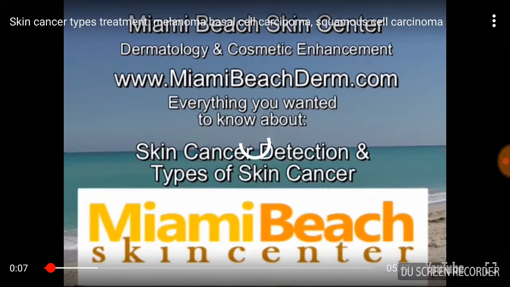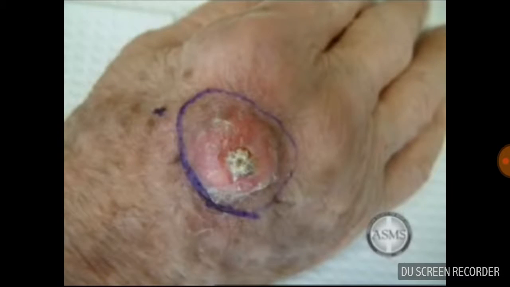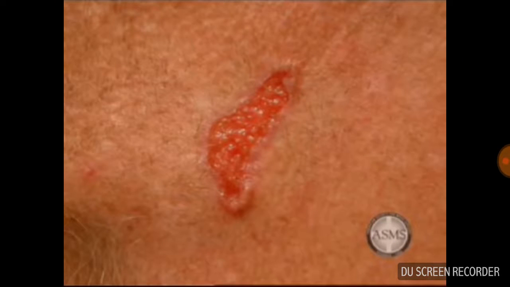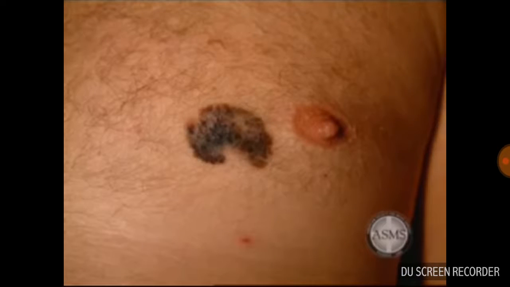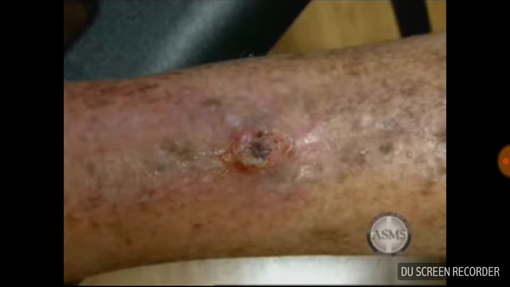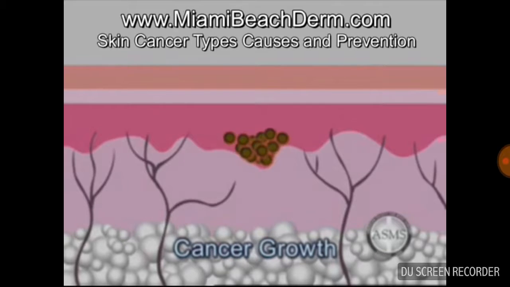Abnormal growth. Skin cancer, like cancer in other organs of the body, is the result of the uncontrolled abnormal growth of cells. The transformation of normal skin cells into skin cancer has a variety of causes, the most common being sun exposure, family history, and ethnicity. When the cells of the skin begin to grow in an uncontrolled abnormal fashion, a tumor will